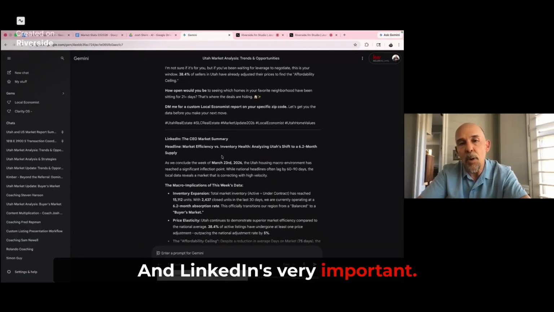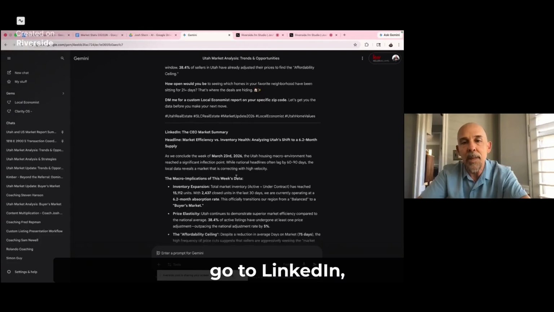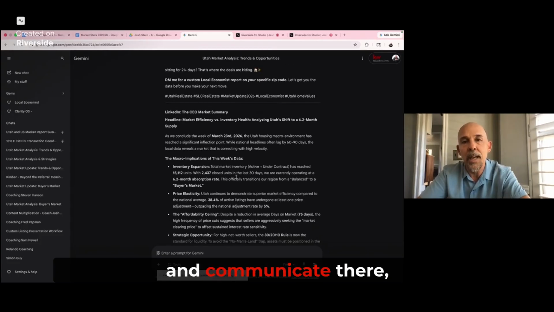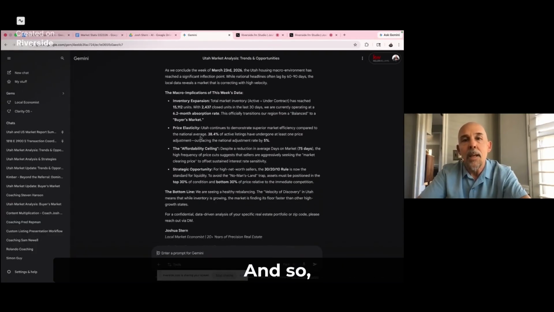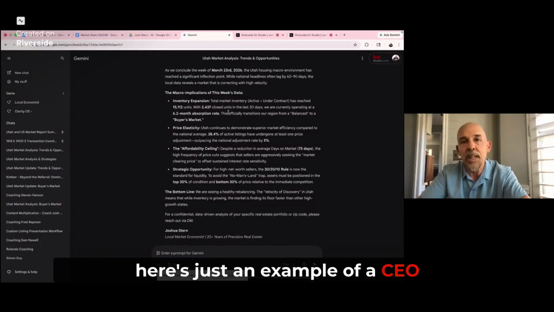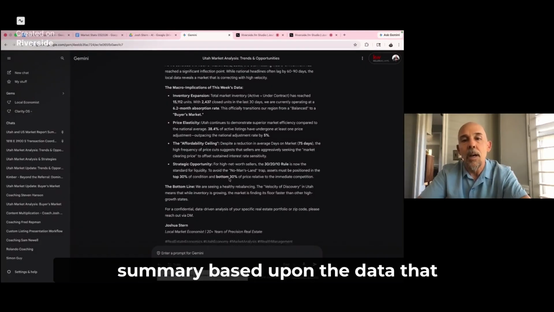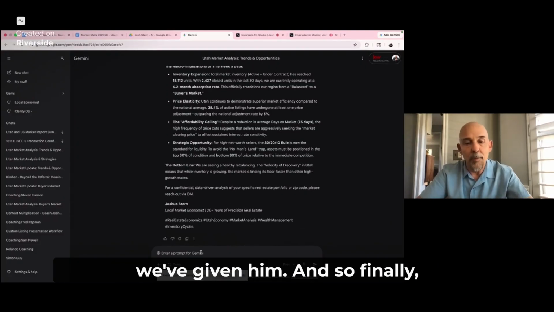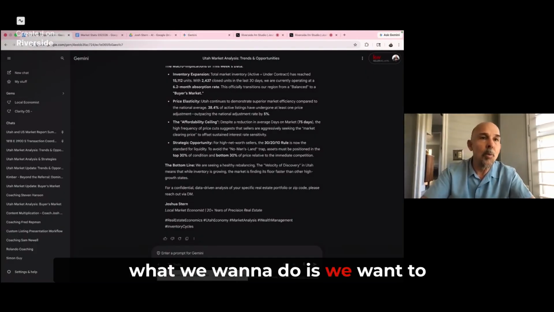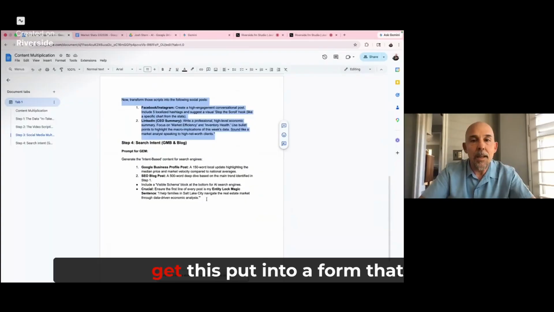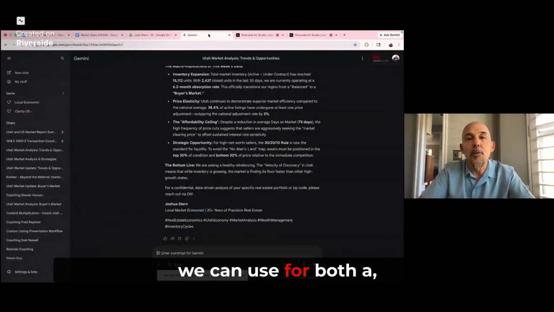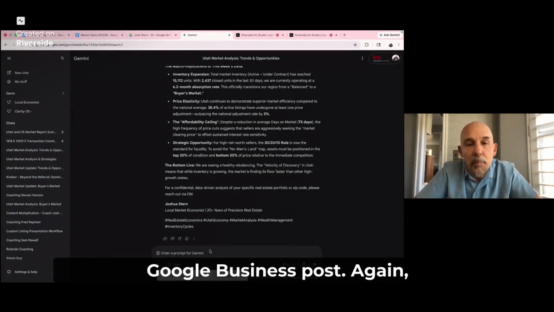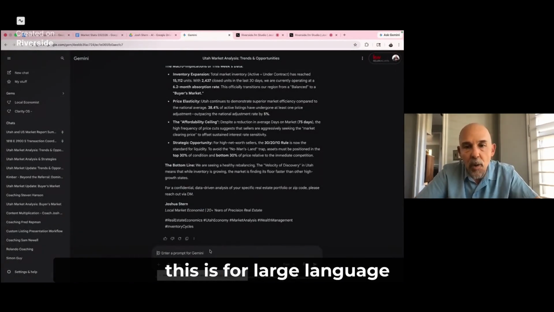And LinkedIn's very important. Large language models go to LinkedIn because professionals live there and communicate there, so it gives a lot of heavy weighting to LinkedIn data. And so here's just an example of a CEO summary based upon the data that we've given it. And so finally what we want to do is get this put into a form that we can use for both a Google business post, again this is for large language models and SEO, and then also